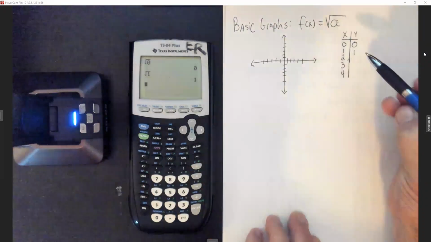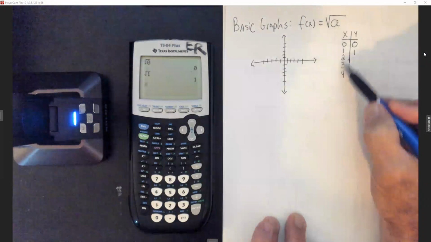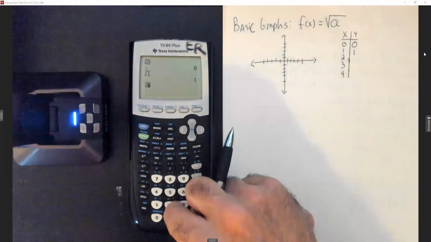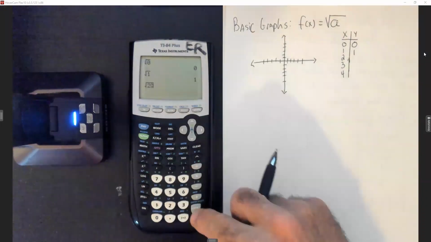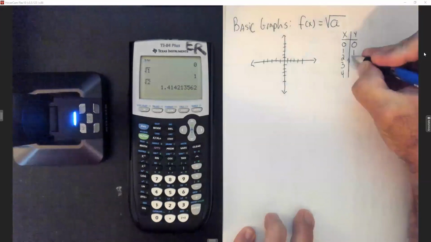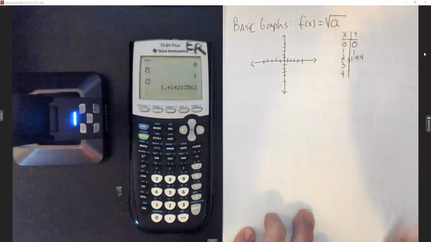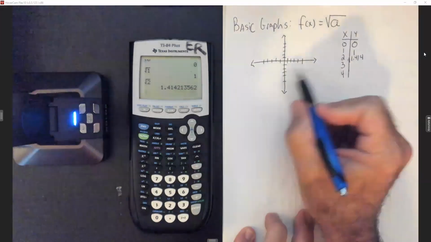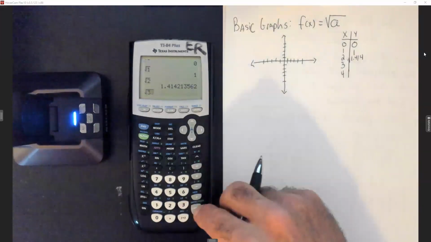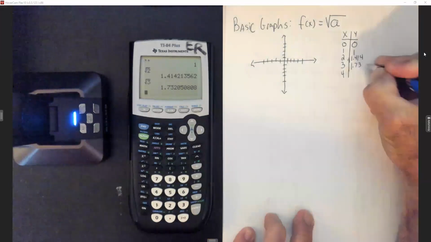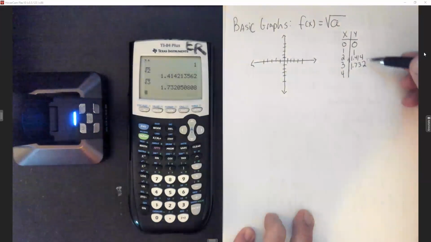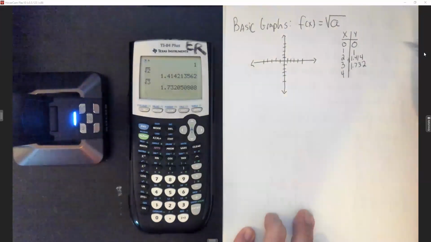Now, had I been doing this by hand and drawing this, I probably wouldn't have picked the x of 2, because watch what happens when you try to take the square root of a 2. You get 1.414, which is sort of like a decimal, and I'm not wanting to plot decimals. 3 would do the same thing. Square root of a 3 gives me 1.732. These are numbers I don't want to actually graph, but if you'll pick numbers like 0, 1, 4,